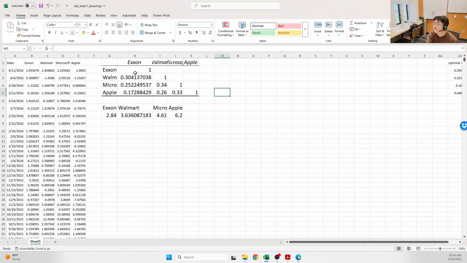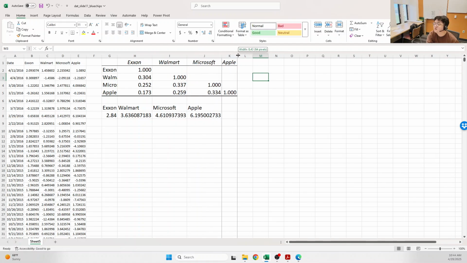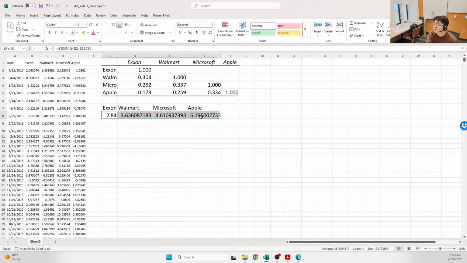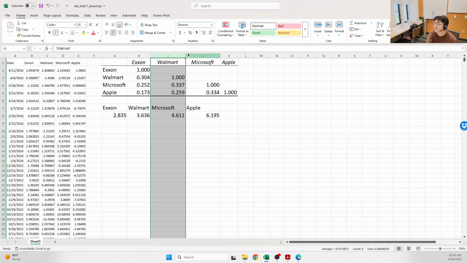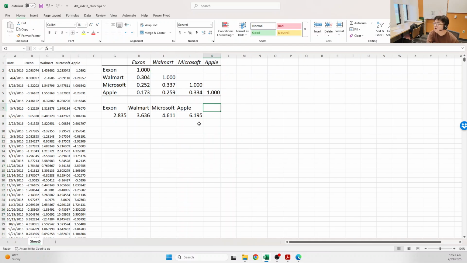So we have this correlation coefficient, and we have this standard deviation. Let's just simplify them to 3 decimal places. Okay, so standard deviations, as you see, Apple is the riskiest stock among them, and Exxon is the safest one,